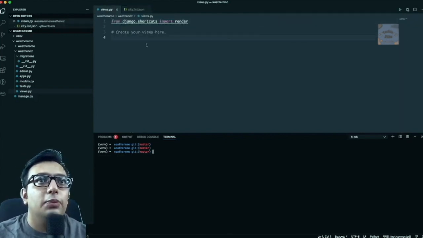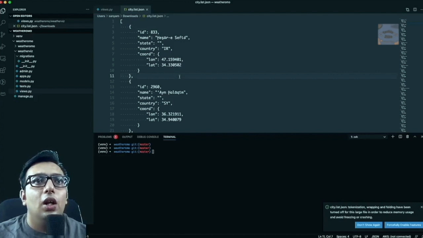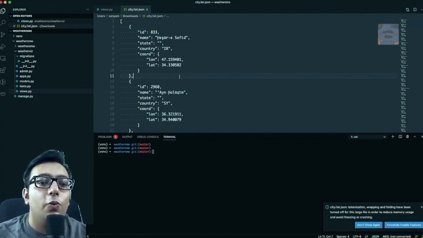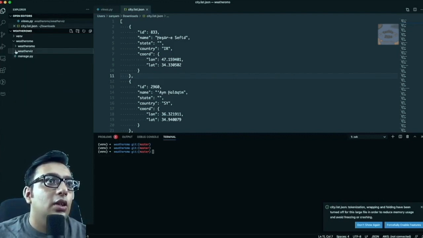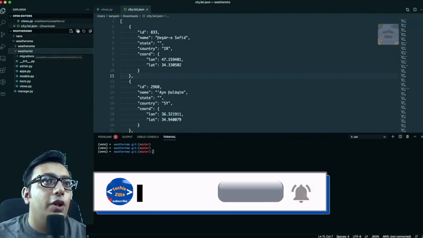This might not be a very good way to do things because there are many objects, but if we land in any problem, we'll figure out another way to use this data. So the first way is we'll use this weather app that we created, and now what we'll do is